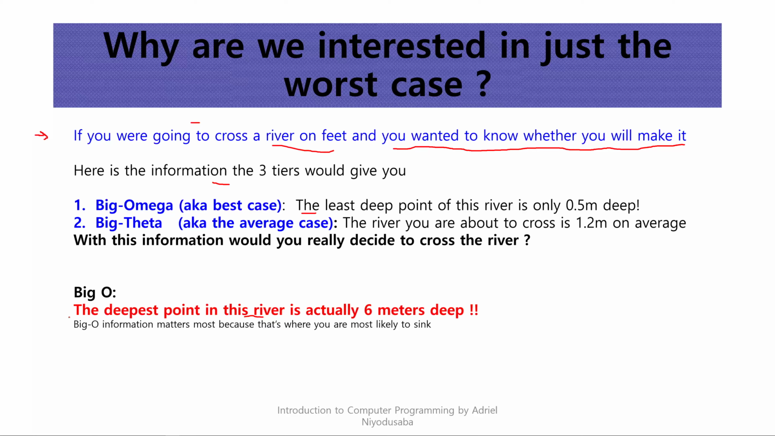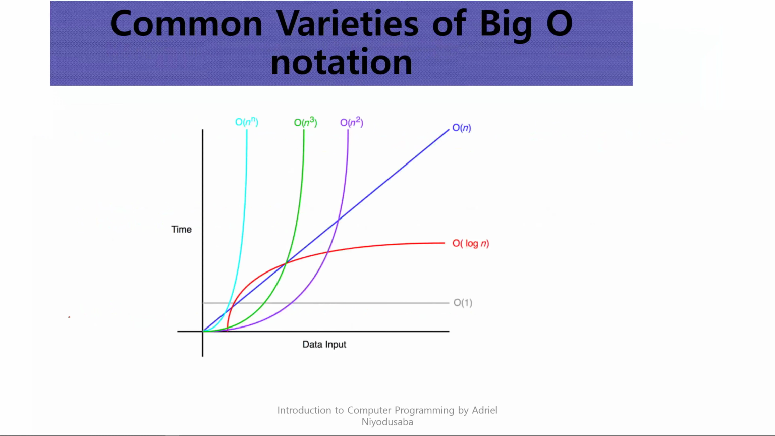We know that it's scalable. So that's why we care much about the worst case, and hence the big O notation. Now these are some common varieties of big O notation, which I'm going to discuss in detail in the next slides. But as you can see,